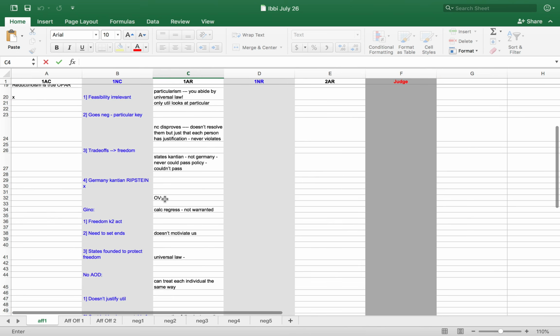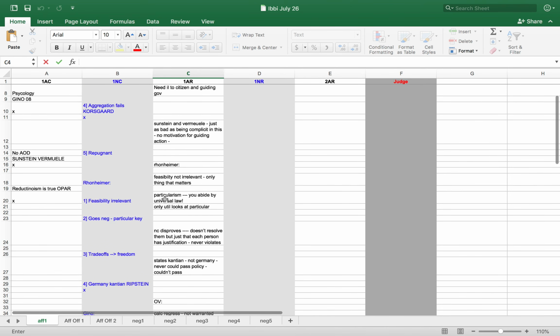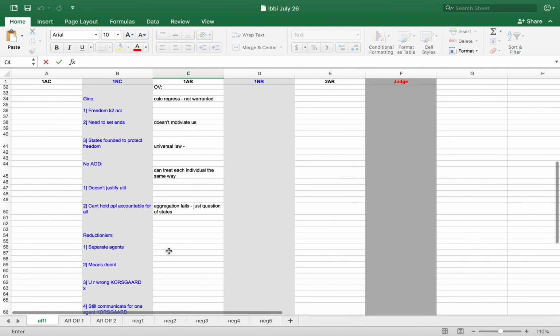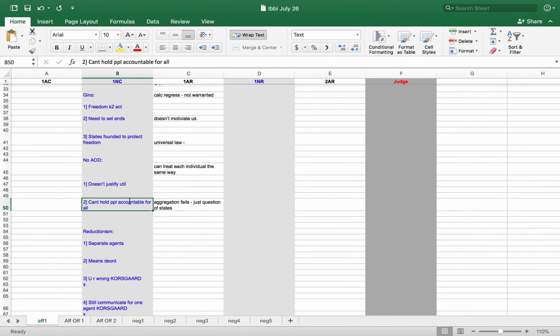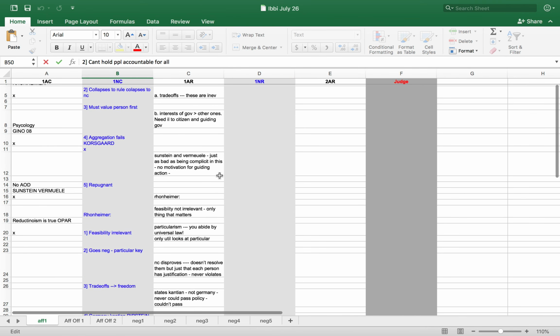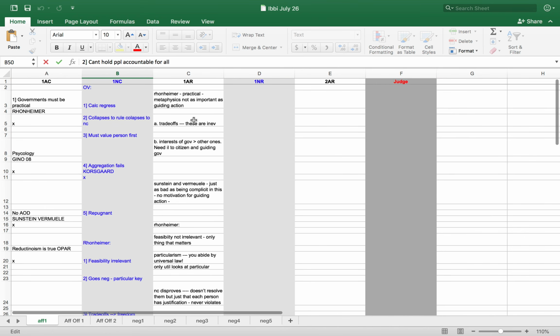I thought the overview stuff was also fine. I wouldn't bother extending this act omission distinction stuff if you're not going to really deal with the objections to it, like that it doesn't justify util because there's an intention foresight distinction, and that it's impossible to hold people accountable. If you're not going to invest in going for it, I probably just wouldn't bother. I think you can get through the case about 30 seconds quicker, just by giving it a few more times and being more efficient, which would help you.